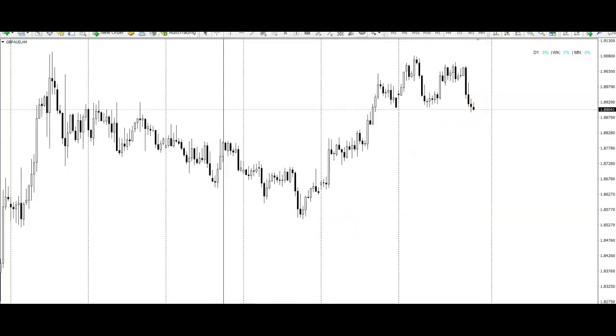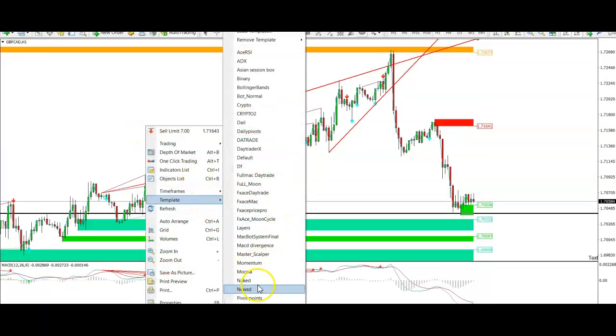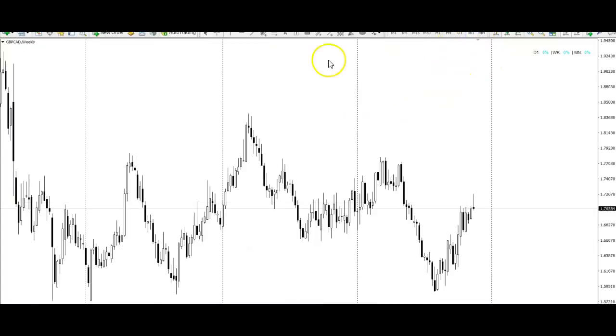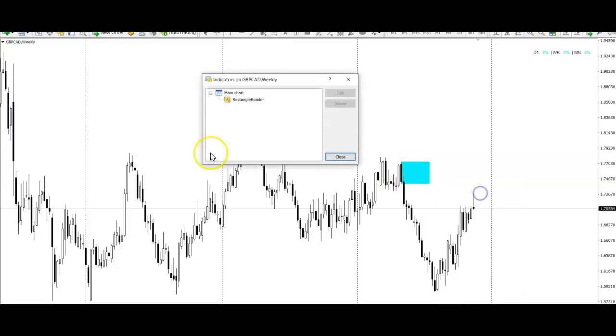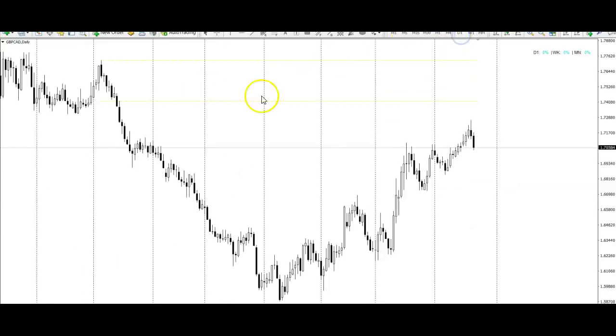Next one was British Pound CAD. Again, we're expecting it just to come up a little bit higher into here. This is the weekly, sorry. The entry in this was 172. So it's heading up nicely towards 174. When we zoom into the daily charts,